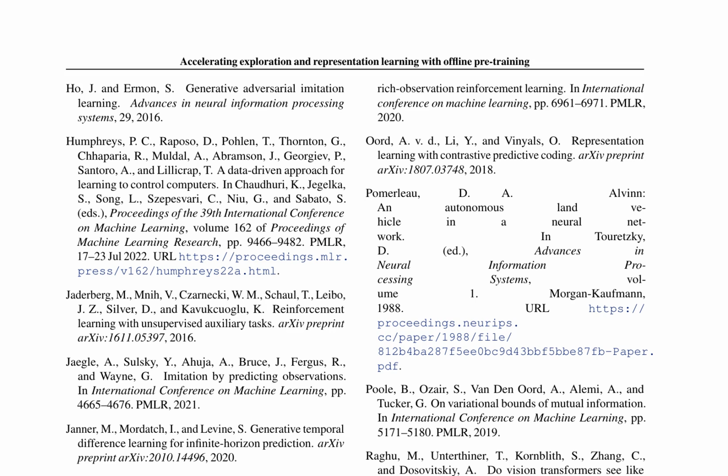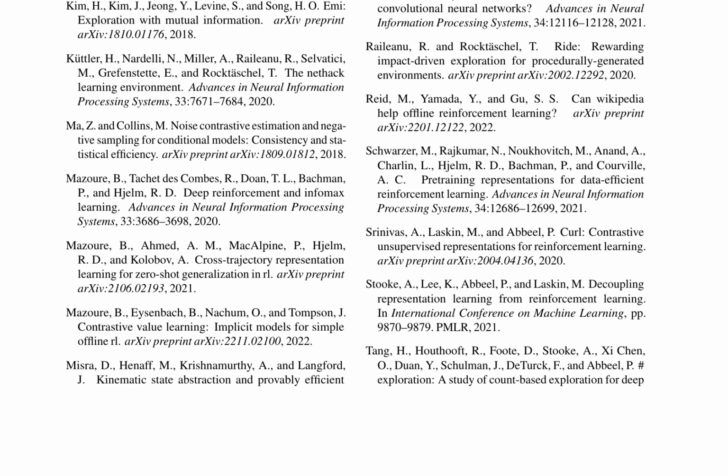For instance, the use of deep neural networks in reinforcement learning has enabled the learning of complex policies and value functions. The incorporation of auxiliary tasks, such as representation learning, has further improved the efficiency and adaptability of reinforcement learning algorithms. In the realm of representation learning, researchers have explored various techniques, including contrastive learning and generative modeling. These approaches have been shown to facilitate the learning of robust and transferable representations, which are essential for effective reinforcement learning. Moreover, the incorporation of exploration strategies, such as curiosity-driven exploration and count-based exploration, has enabled agents to navigate complex environments more